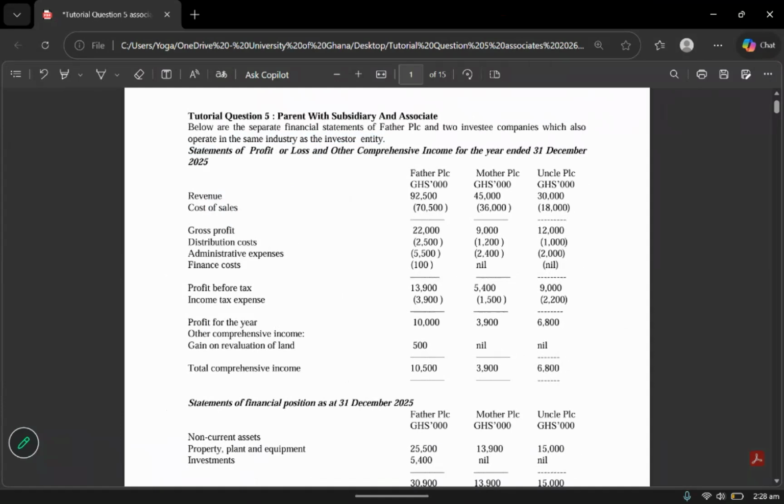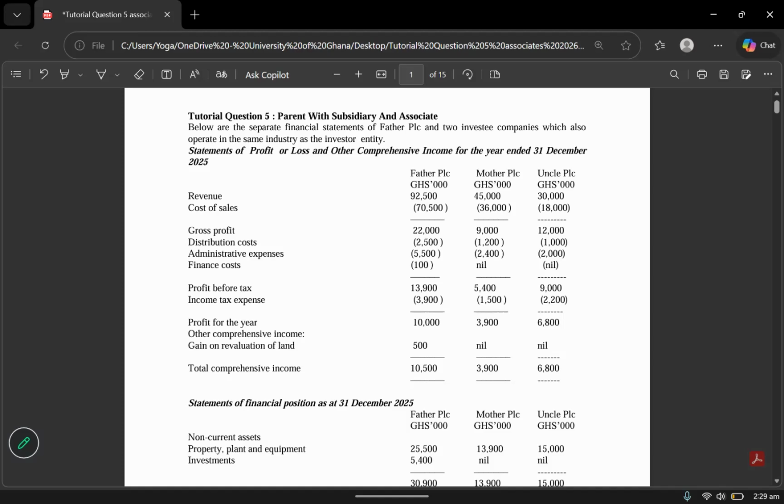I think in this question they can ask you some of the reasons why, or let's say if the parent, the acquirer, and the acquiree are in different sectors, you ask whether they are supposed to consolidate. The fact that they are in two different sectors doesn't mean that they are not supposed to consolidate their financial